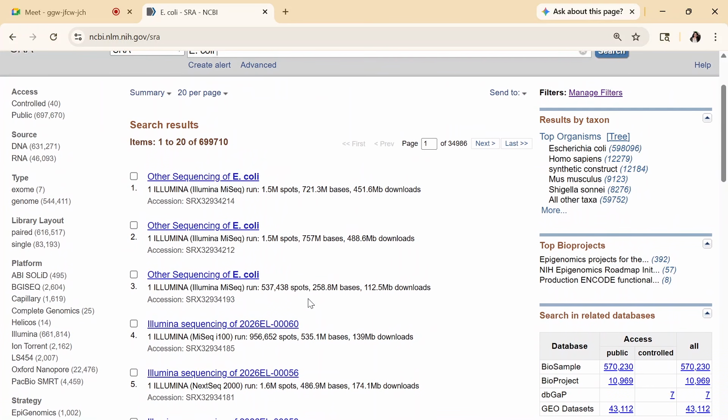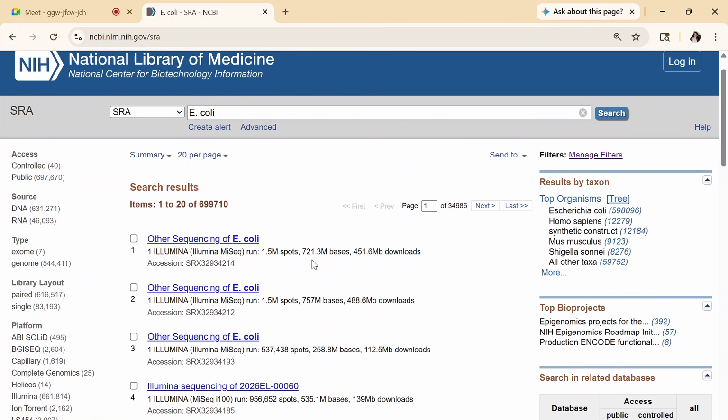Here we have to select a specific data set, a specific FASTQ file. Because we are practicing and learning here, we want to download a FASTQ file which is small in size so that it doesn't take much time for the analysis. First of all, on the left side, these are all the filters. So I am going to apply some specific filters here.